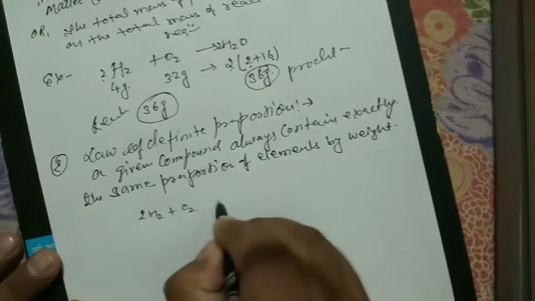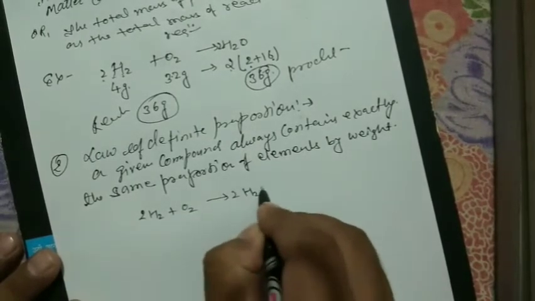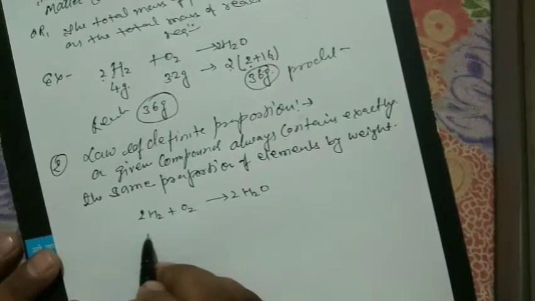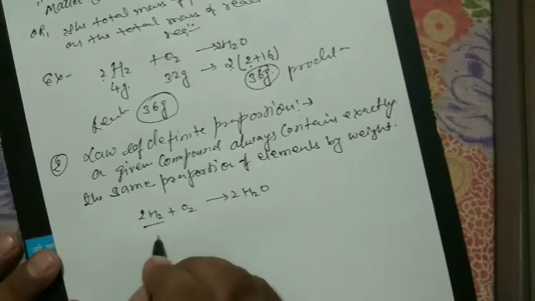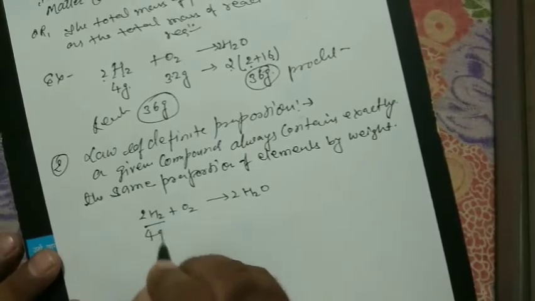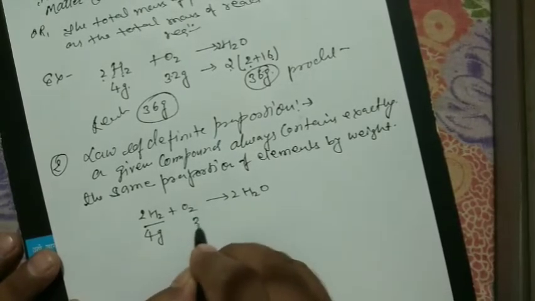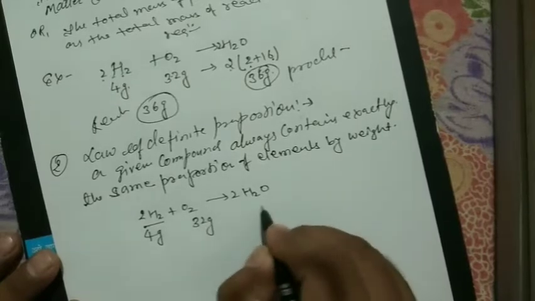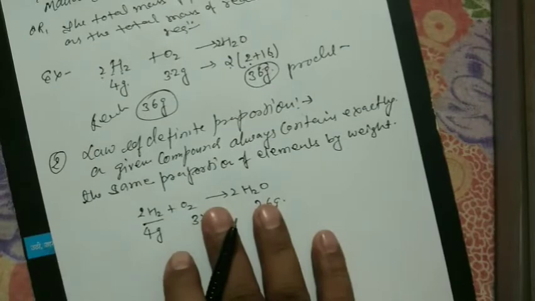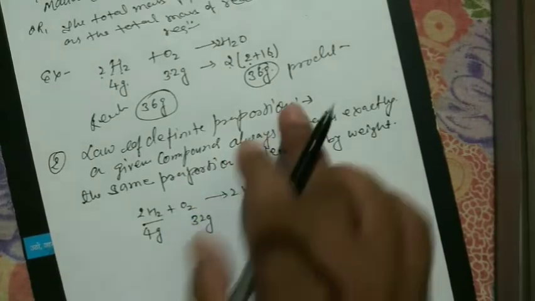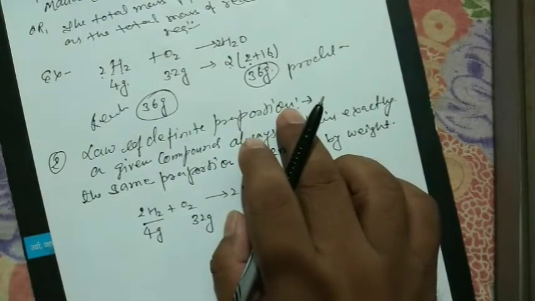2H2 plus O2 gives 2H2O. Here, the mass of 2 moles of H2 molecule is 4 gram, and oxygen it's 32 gram, and water it's 36 gram. Here, according to the law of definite proportion, which is proposed by Joseph Proust,